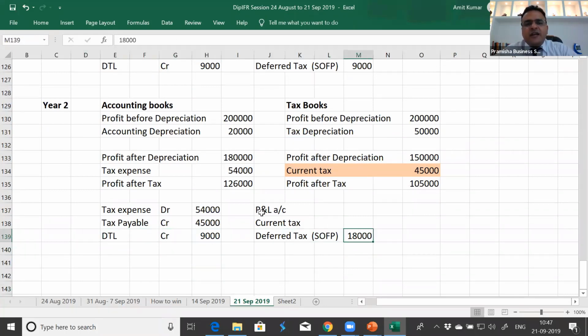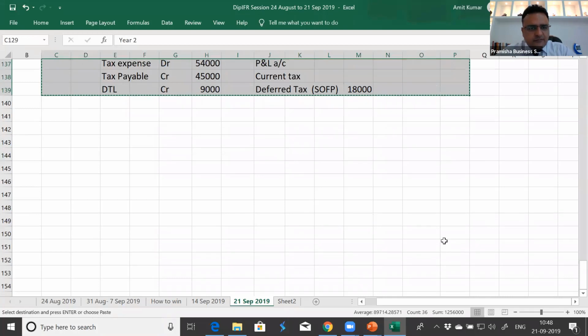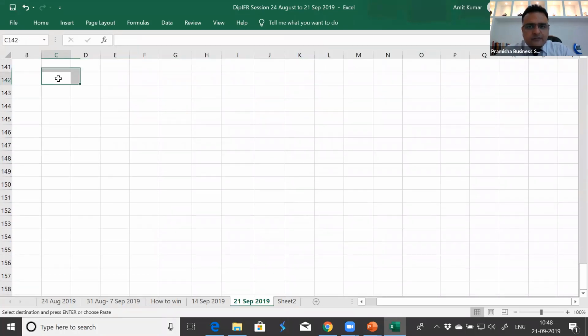We will be liable to pay 18,000 of taxes in future, because first year we did not pay 9,000. Second year again we did not pay 9,000. Total how much we did not pay? We did not pay 18,000. Shall we be prepared to pay off 18,000 in future? Yes, we should. Third year, tax authorities said that since you have already consumed your entire depreciation charge, we will not allow you any depreciation this year.